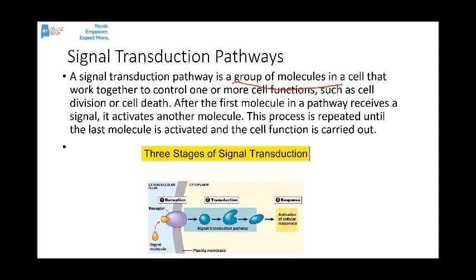And one of the most important things, and one of the most important reasons for all these steps, is that at many of the steps, the signal gets amplified. It gets spread throughout the cell so that the response can be a large response, even though there might have only been one signaling molecule that started that chain reaction.